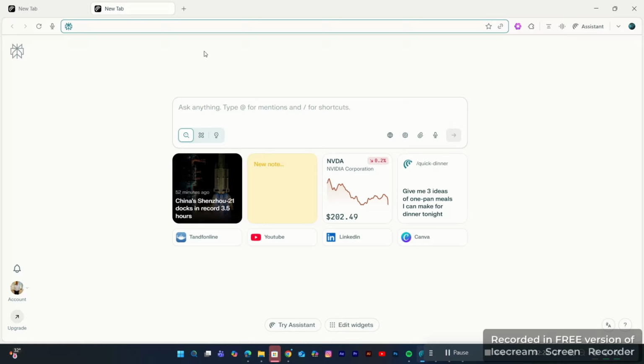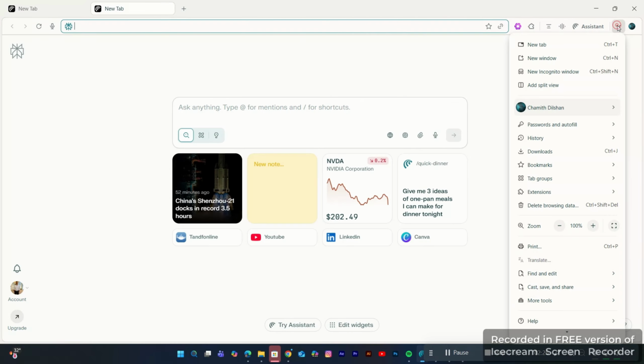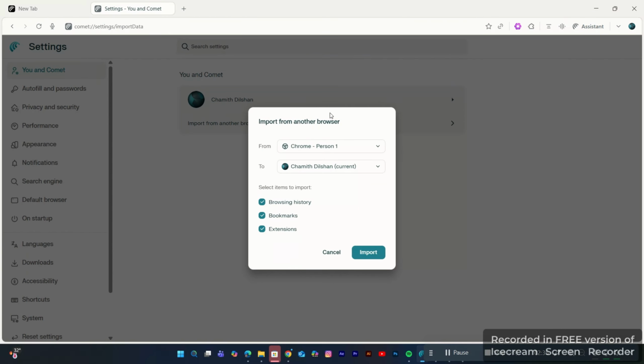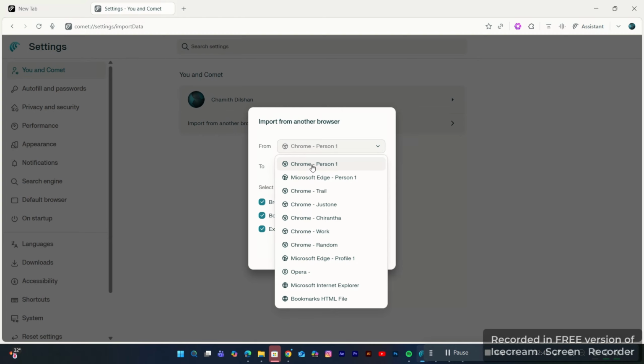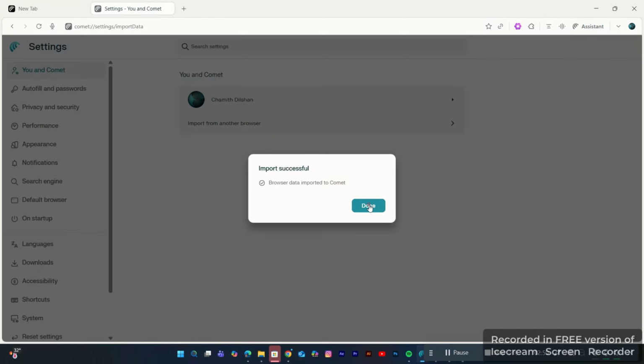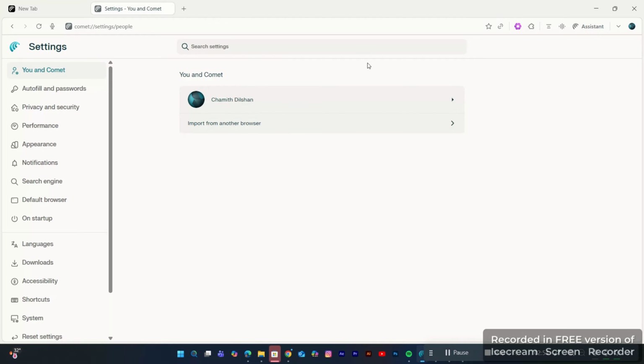Once you open the Comet browser, head over to the top right corner and click on the drop down menu here. Now select the option for bookmarks. Now you can see the option to import from another browser. Click here. From the first drop down menu, select your browser. Then click on import here. Click on done here. Now you have imported your previous search interests, saved passwords and Chrome extensions into your